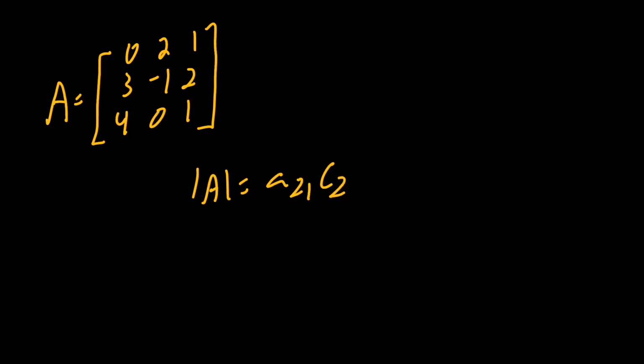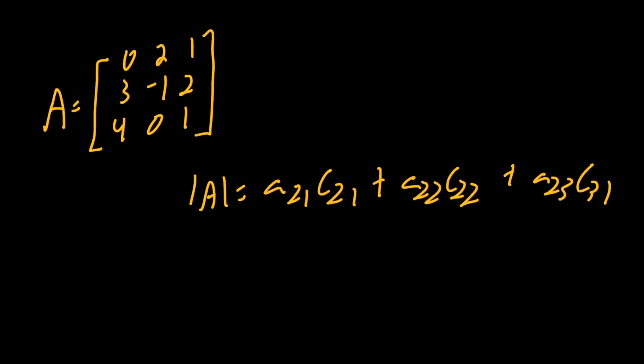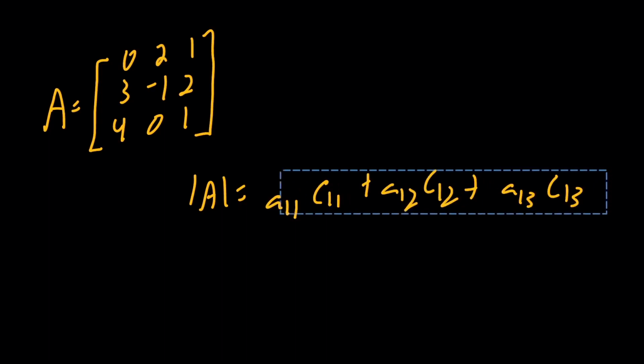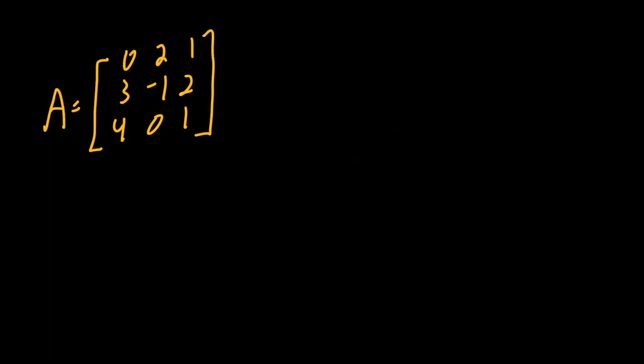times c sub 2 1 plus the following pattern as demonstrated. It's going to be the same determinant if you were to go with the first row. And if for some reason you don't know the cofactors or determinants, that's okay. You can always go back and watch that video, or you can perform a new operation where you